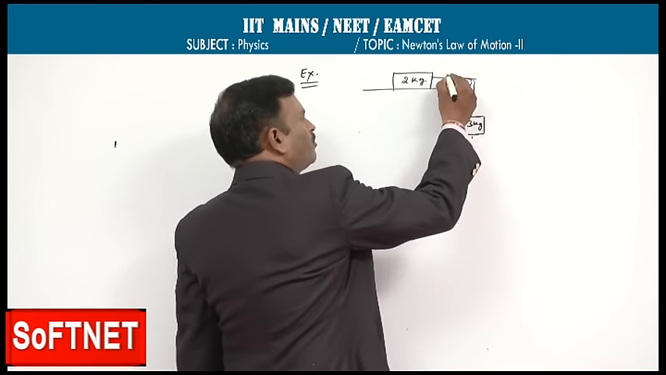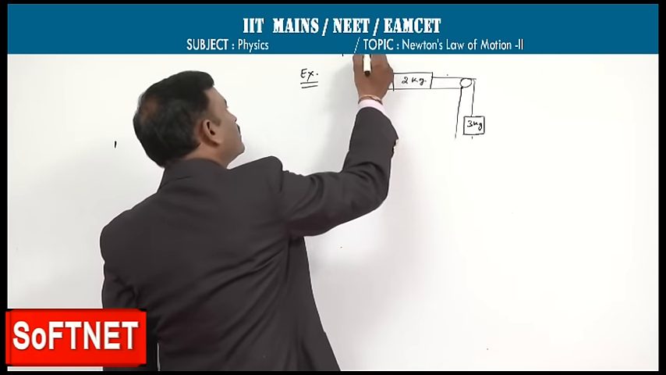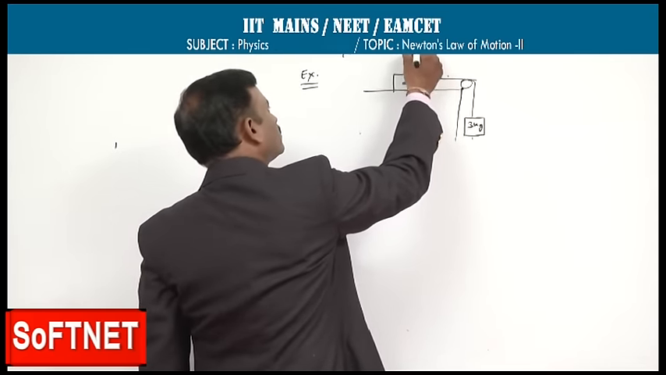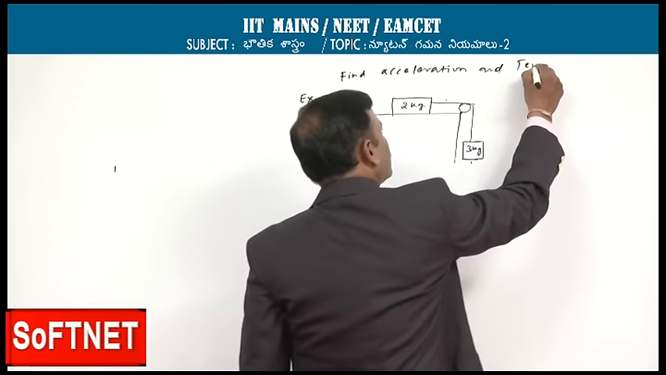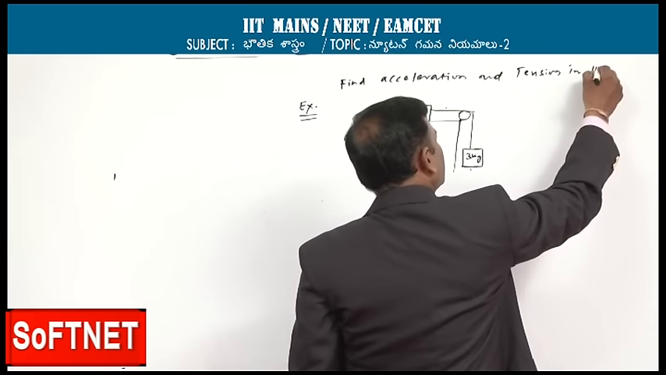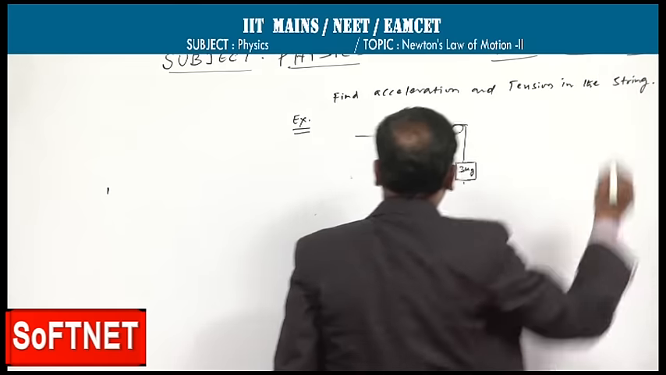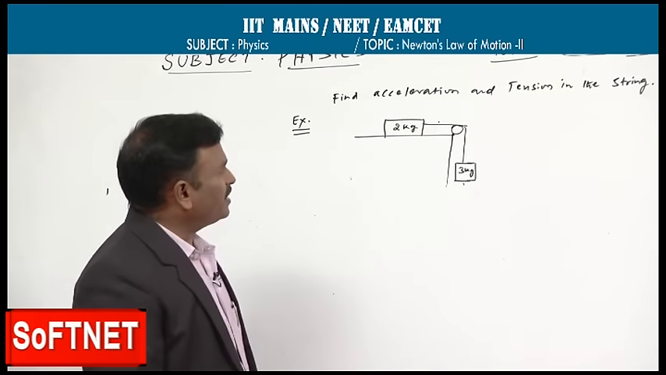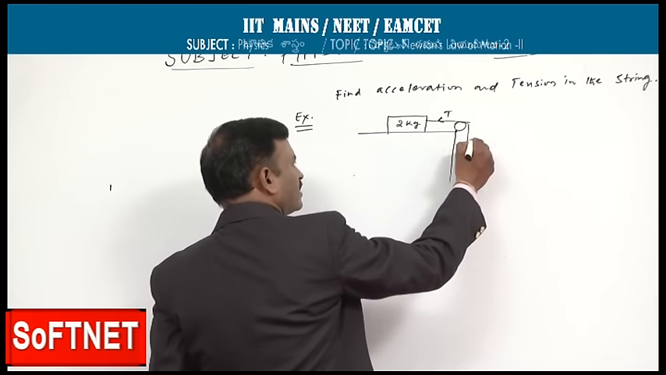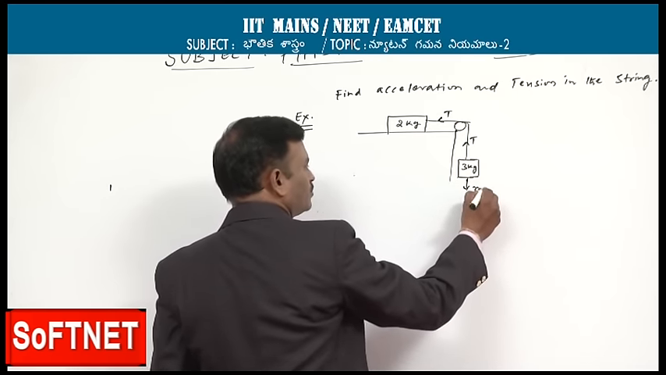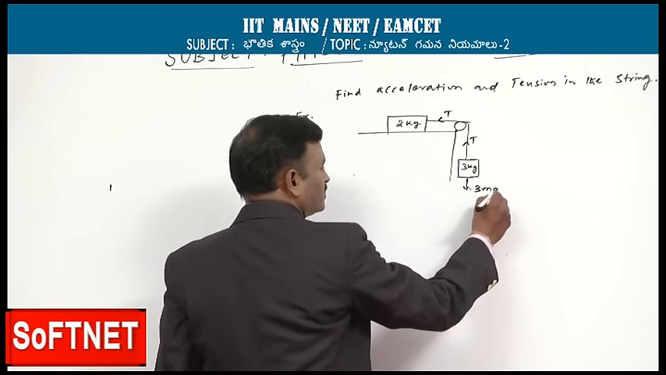We want to find out, the question is here: find acceleration and tension in the string. This is a question. Acceleration and tension in the string. Let us see that tension T is acting here, tension T as M2 here, 3 mg is acting down,